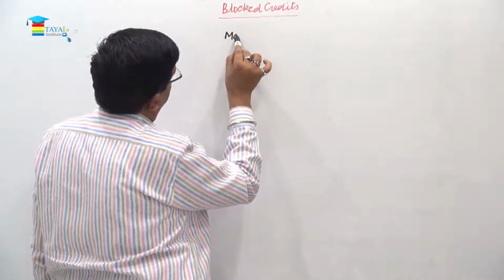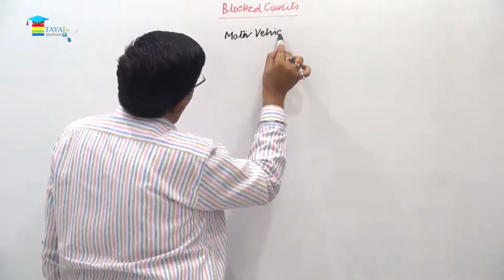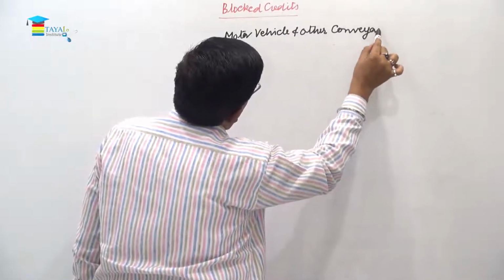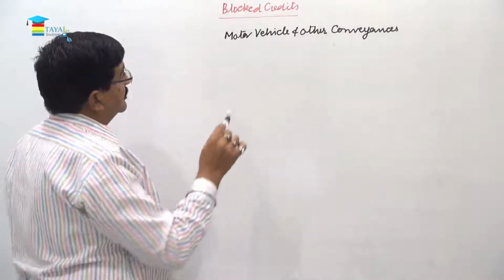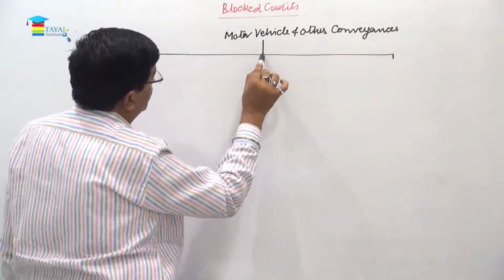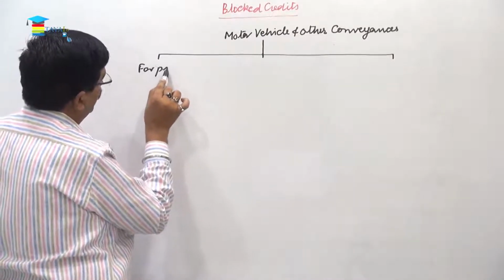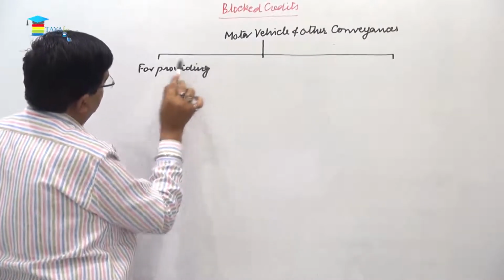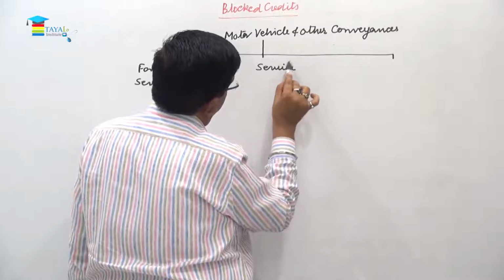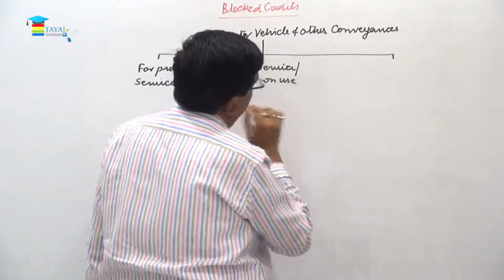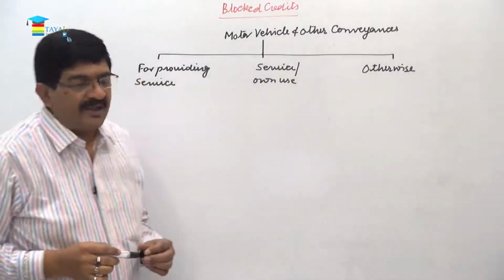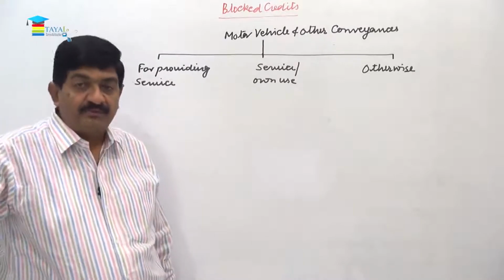So first is motor vehicle and other conveyances. Now this motor vehicle, how is this going to be used? For providing service, and then this is for either service or own use, and this is otherwise. So depending upon for what purpose the motor vehicle is to be used, that will determine whether credit will